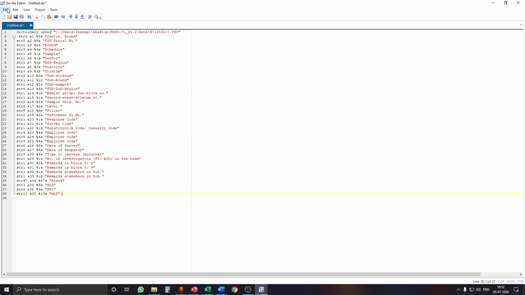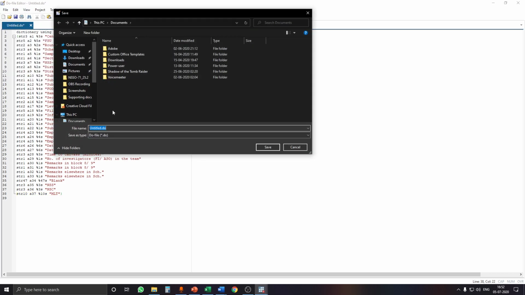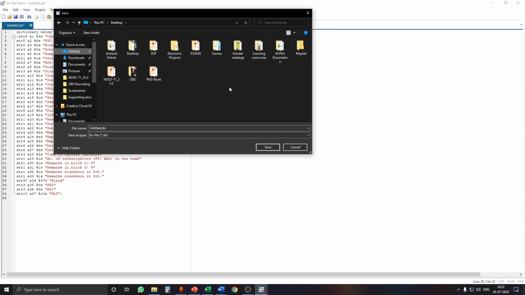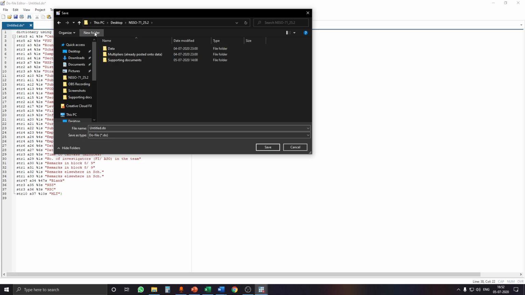Now to save it, we are going to go to file, save as. We can save it anywhere we want, but for convenience we are going to save it in the NSSO 71st round data. So we are here. Now we are going to create a new folder. We are going to call it dictionary, enter.